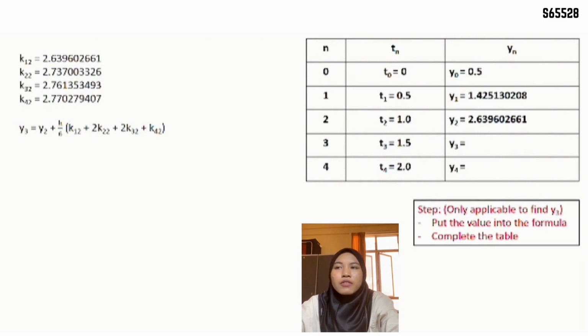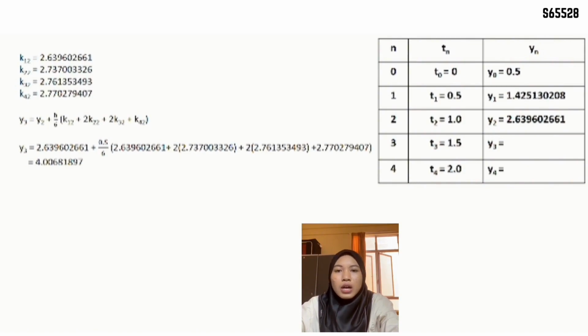We set the value of k12 is 2.63960261, and k22 is 2.7370033326, and k32 is 2.7613539493, and k42 is 2.0702794008, and we substitute in the equation of y3, which is equal to y2 plus h over 6 times k12 plus 2 times k22 plus 2 times k32 plus k42, and we get the answer of y3, which is